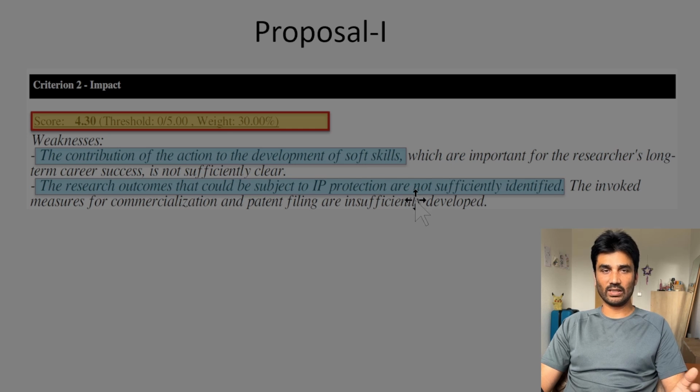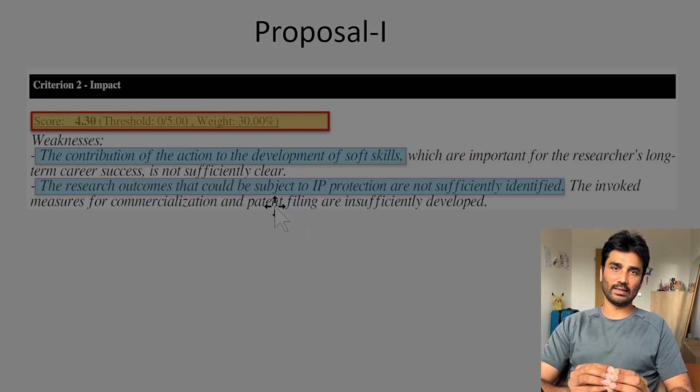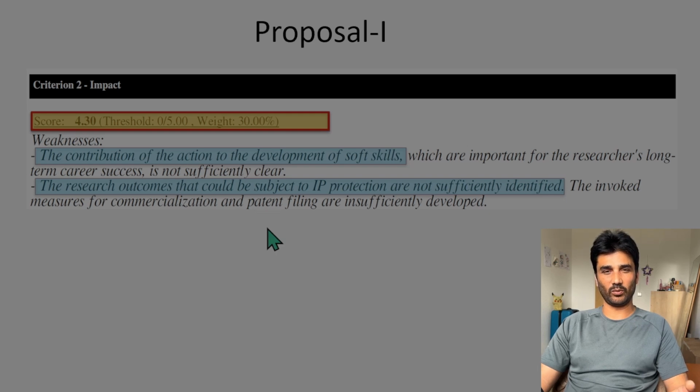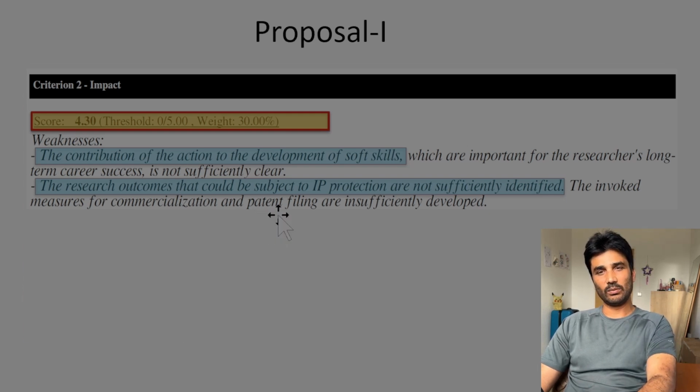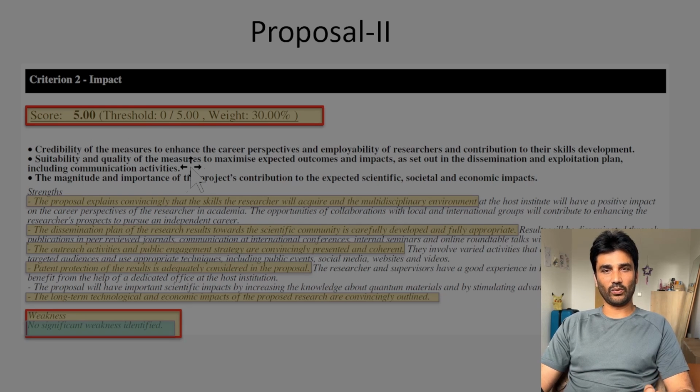So this was because I was not clear in these sections, so I could not write a strong statement. What I was doing has technological potential, and there should be a clear plan for the intellectual property protection steps that I will take, like filing a patent or licensing. These are things I needed to mention, which were not mentioned in my proposal, and these were pointed out by the reviewers. So in my second proposal, I got 5 out of 5, and they could not find a significant weakness in my proposal.